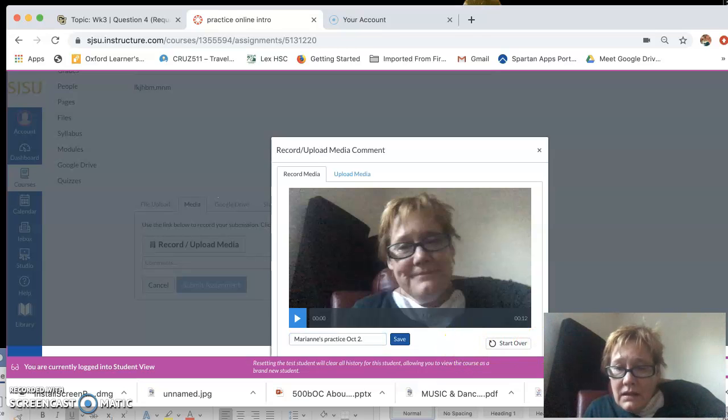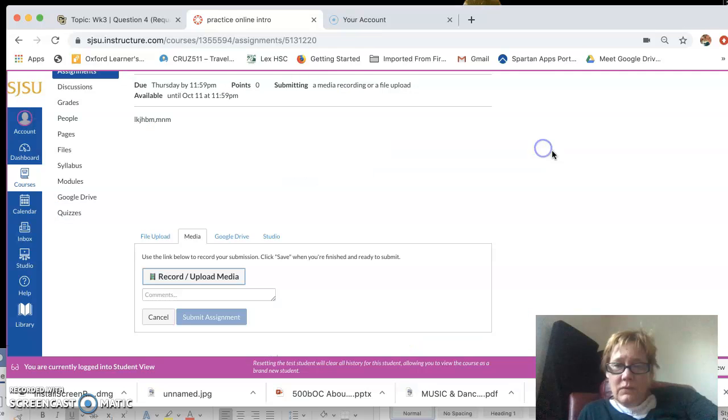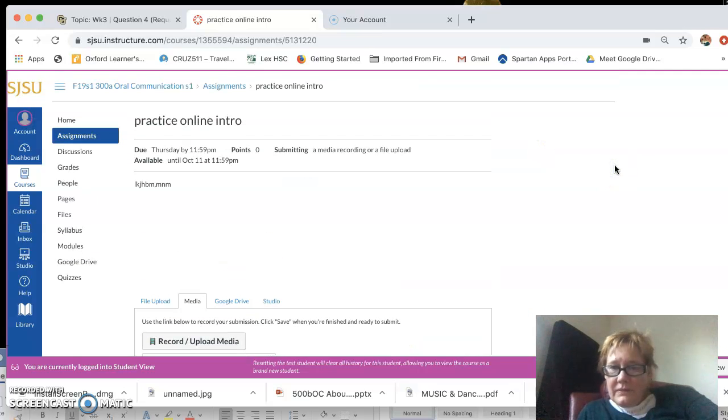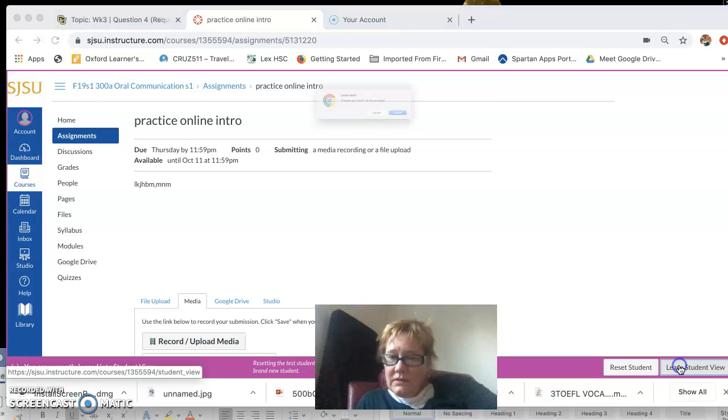And let's see, go up or down. Save. Save. Silly little dimple face. Maybe it takes a second. Save. Maybe it doesn't save for student view, but that's the idea. And then when it's finished, I'm going to leave student view over here. Leave student view. Leave site. And